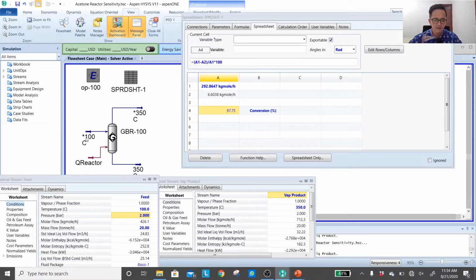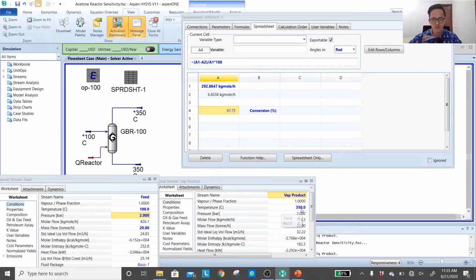Why, after changing my temperature from 350, is the conversion still 97%? It is an endothermic reaction, so it's supposed to give us a lower conversion at a lower temperature. But you already noticed from the flowsheet that the temperature of the outlet doesn't change. It's still defined as 350 degrees C.